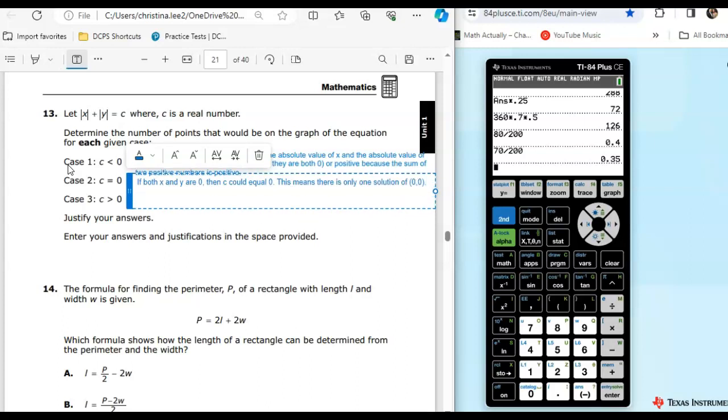And then lastly, for c to be greater than 0, how many possible solutions are there? Well, I could put any number in for x and y, and it's going to be greater than 0, right? Because the absolute value of x and the absolute value of y are going to be positive. When we add positive numbers together, we get a positive number, meaning it's going to be greater than 0. So that means there are infinite possible solutions